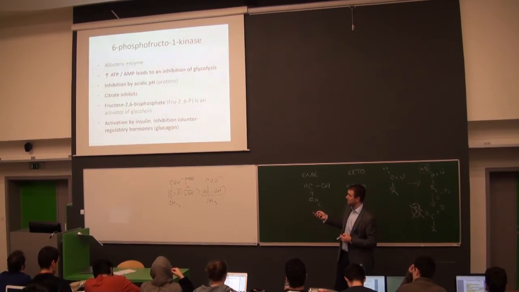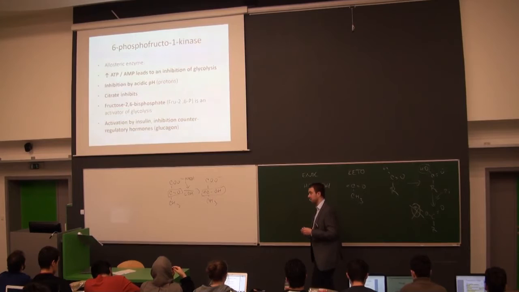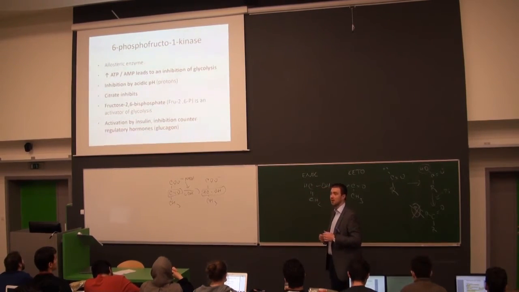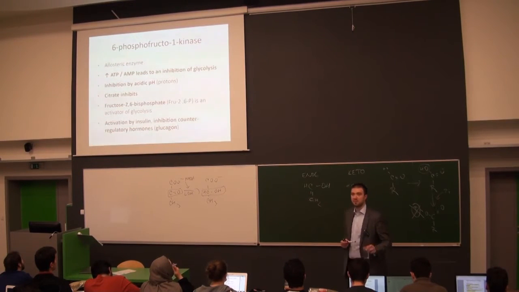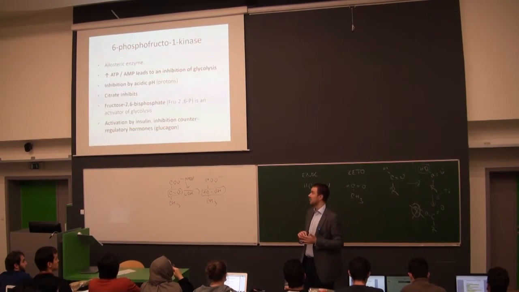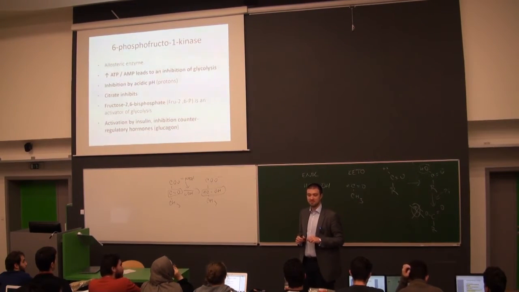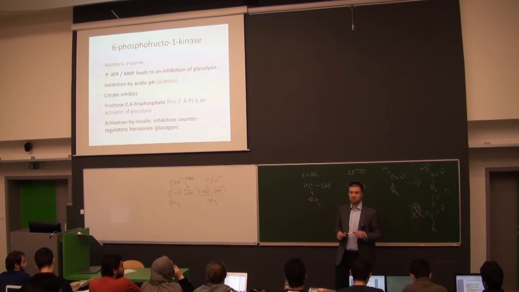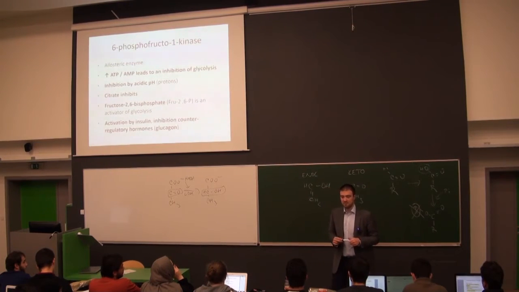Third is the inhibition by citrate. Why do you think that this is done so? Why does citrate inhibit the glycolysis? Where do we produce it? That's true. And now, the more difficult part, why does citrate inhibit glycolysis? Because it's made from acetyl-CoA. And if there's too much acetyl-CoA, that means we don't need to do the glycolysis. That's true, to some extent.